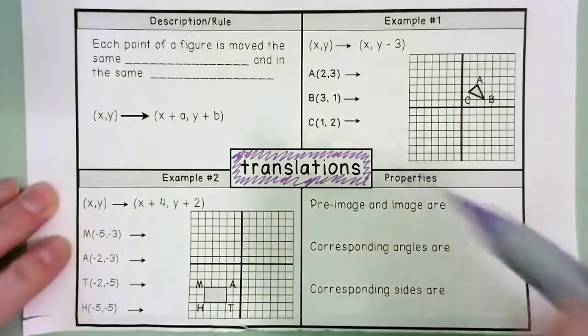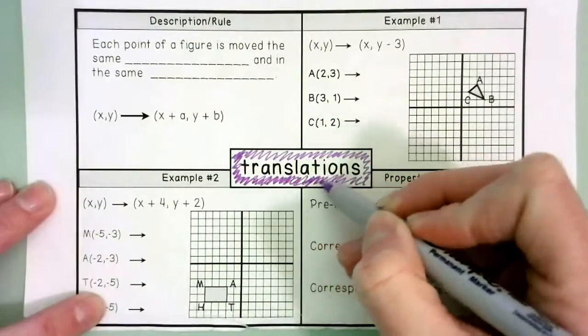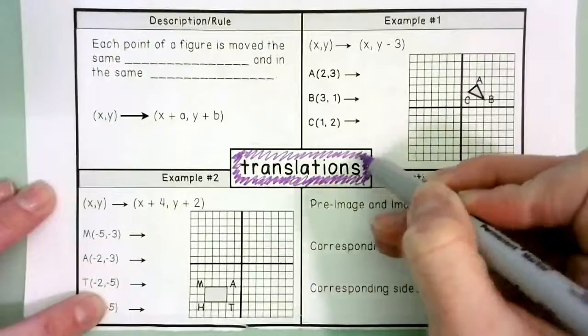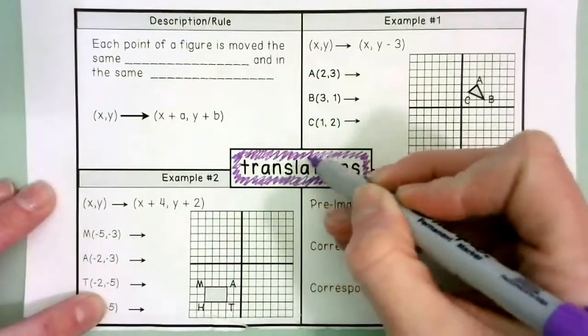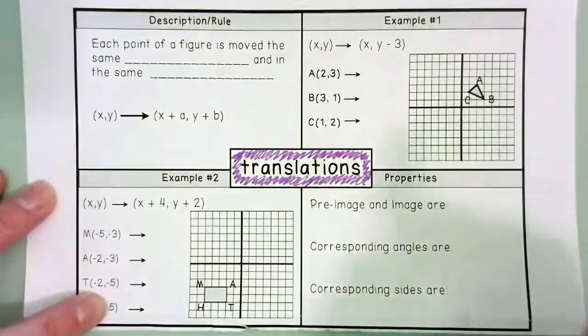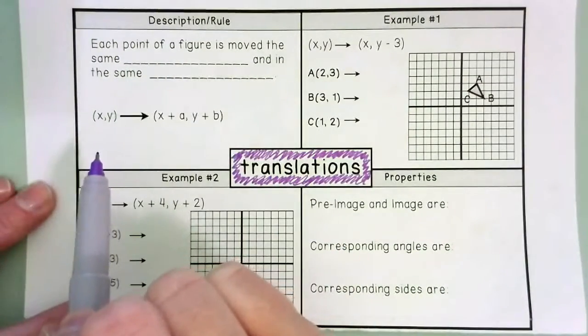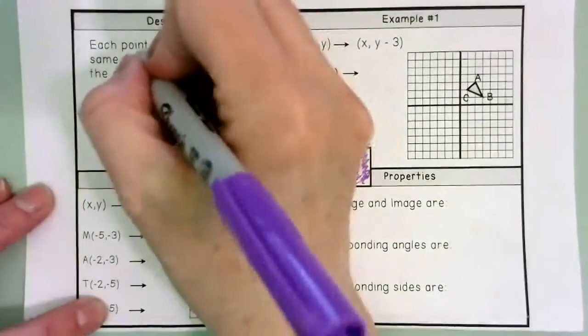Okay, so our first transformation that we're going to discuss are translations. If you remember, translations are the transformation where we slide the figure. Okay, so if we look in the description, each point of a figure is moved the same